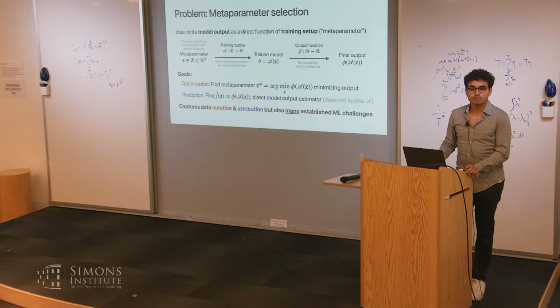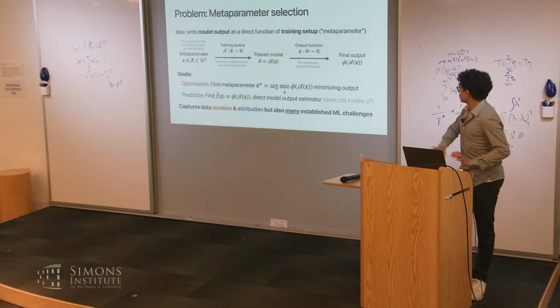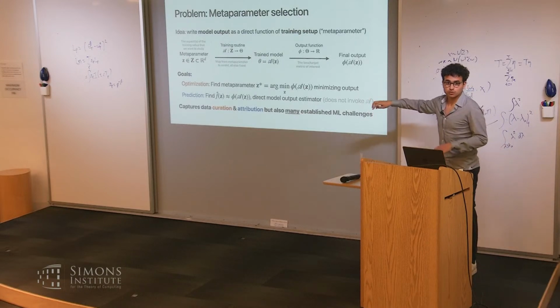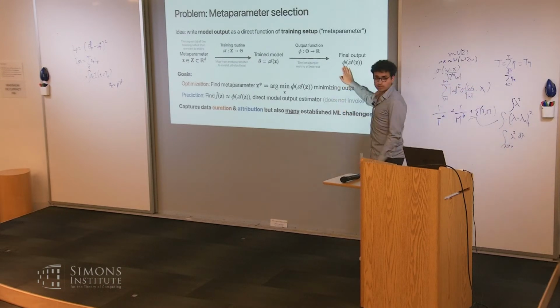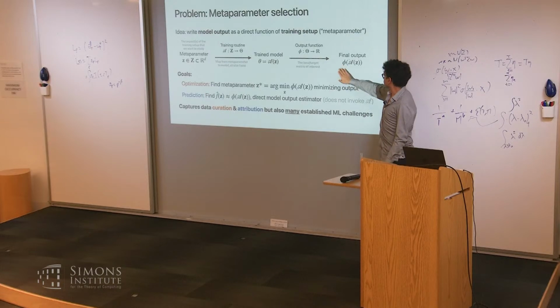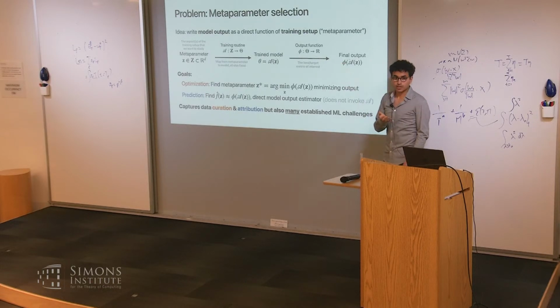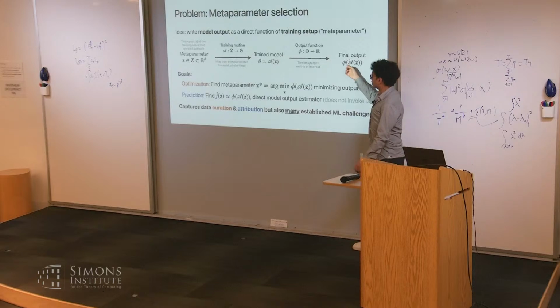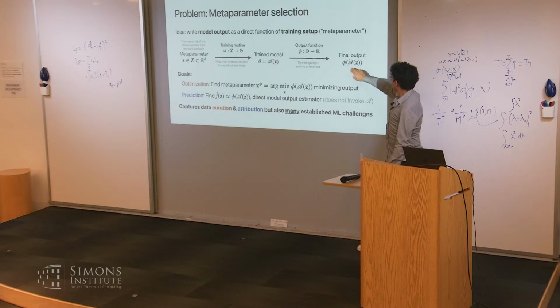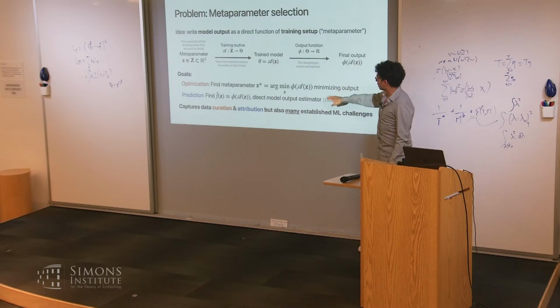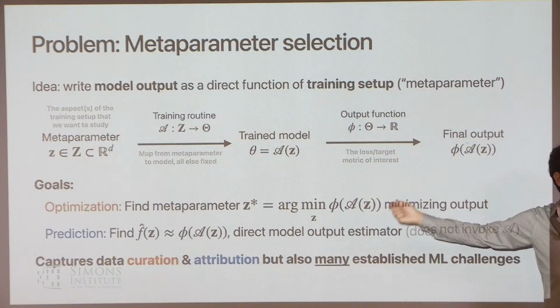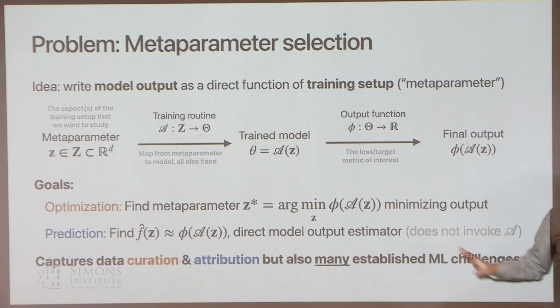Just a follow-up. Given the test sets, can you choose your training data sets to be somewhat aligned with your test sets? Yeah. So in this framework, you absolutely can. If you wanted to do that, you would wrap your test set into this function phi. This function phi would evaluate a model on your test set of interest. This algorithm A would be training. This z would represent the training data set. And then this would exactly correspond to finding the training data set that minimizes loss on your test set.